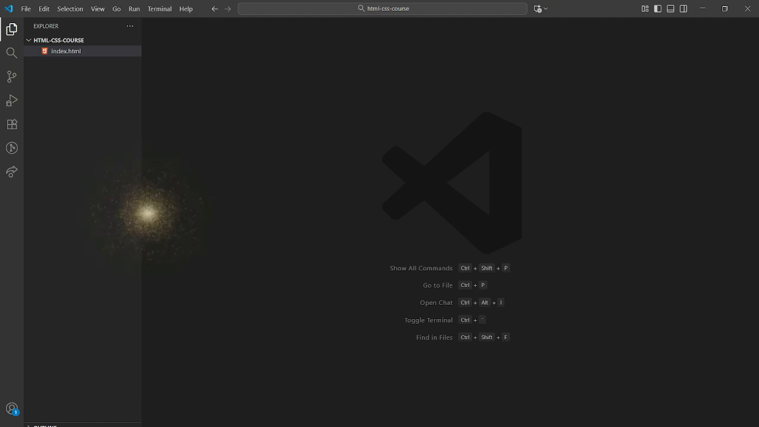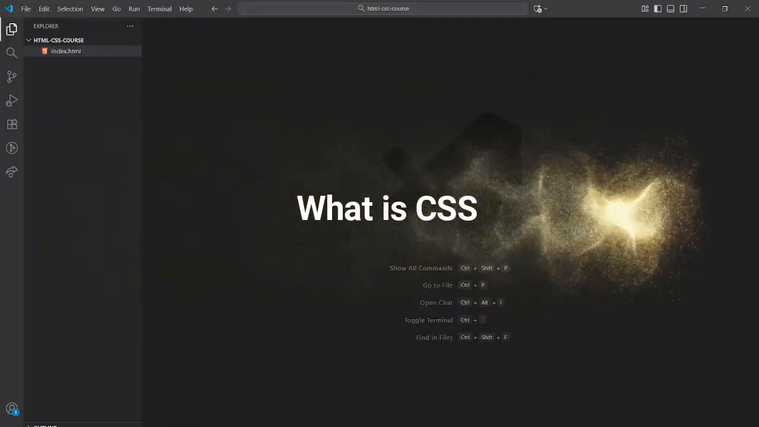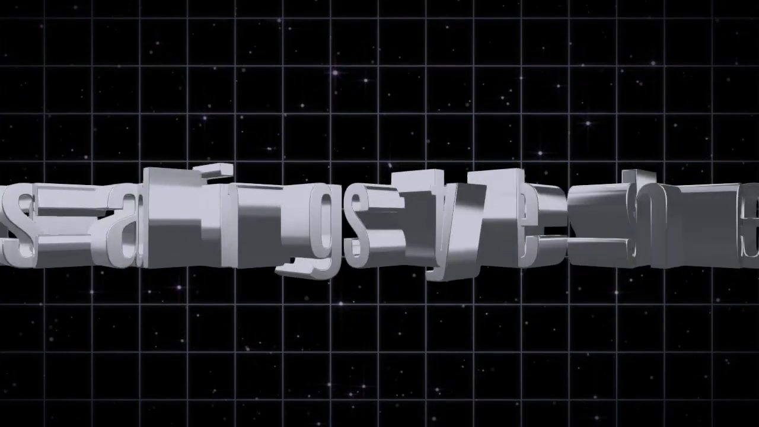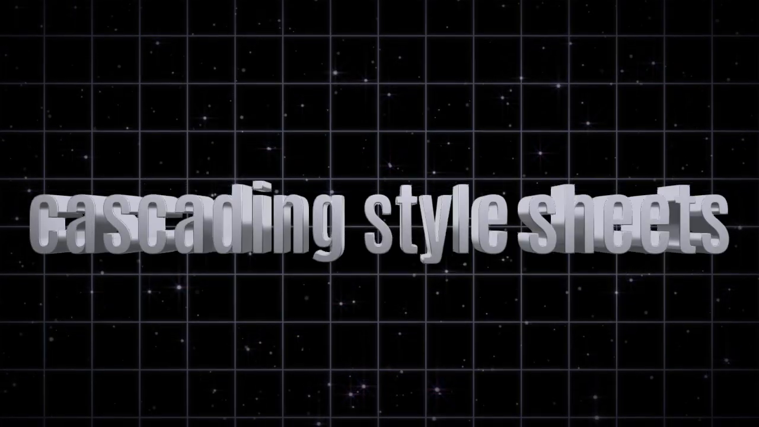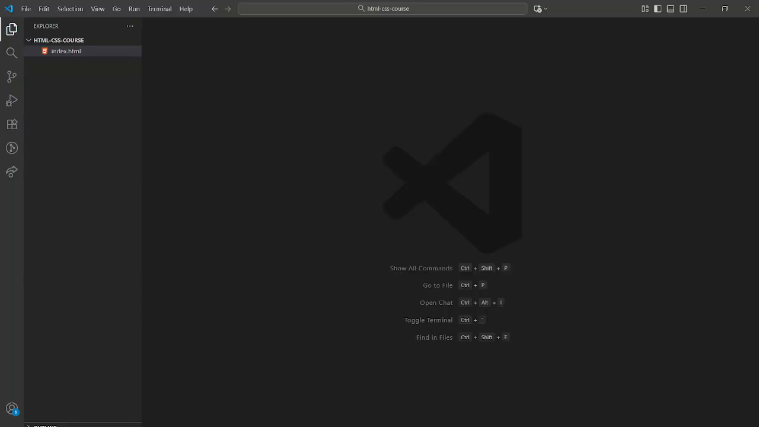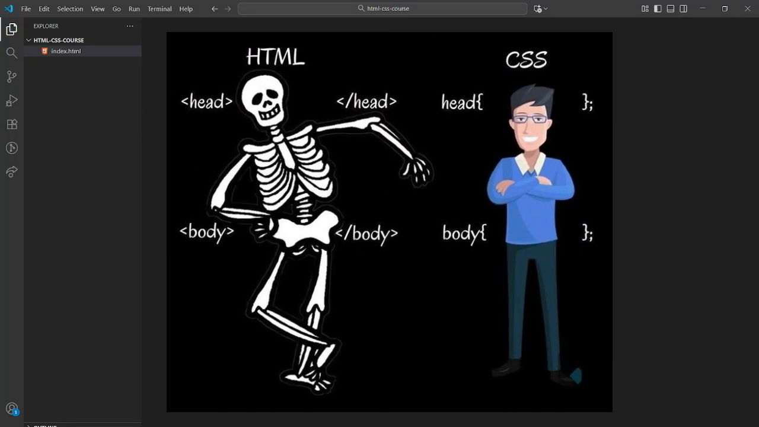So let's first discuss what is CSS. CSS stands for Cascading Style Sheets. That might sound a bit fancy, but it's actually very simple. Think of it like this. HTML is the skeleton or structure of your web page, and CSS is the clothes and style that make that